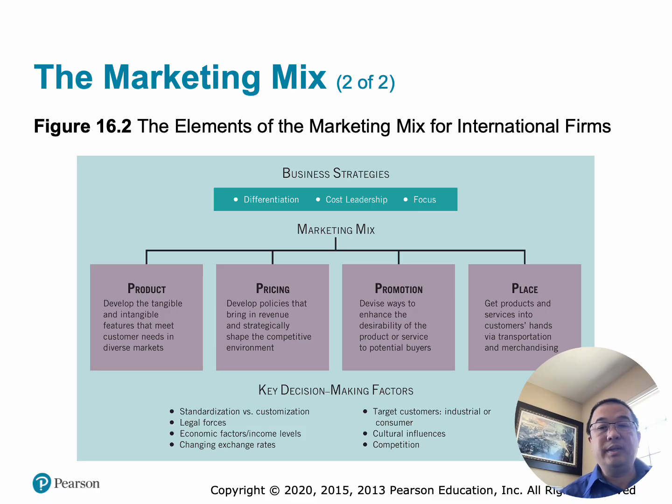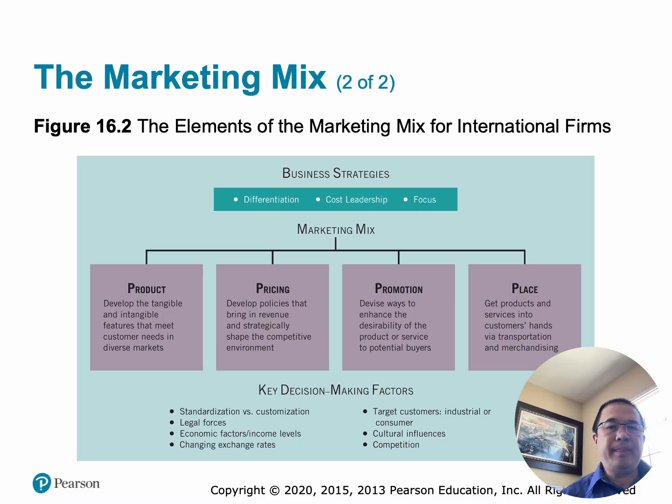At the top of the figure, we see 3 business strategies. Differentiation. This is to compete by being unique. So examples are Apple, BMW, Starbucks. Marketing focuses on quality, innovation, and brand image. Cost leadership. This is to compete by offering lower prices. Examples are Walmart, IKEA, Ryanair. And so the marketing focuses on value, affordability, and efficiency.